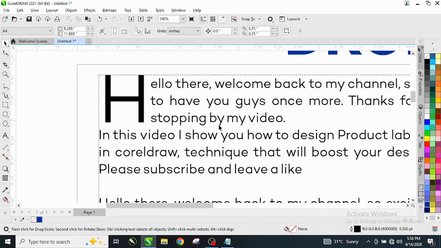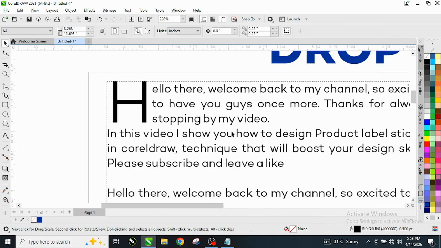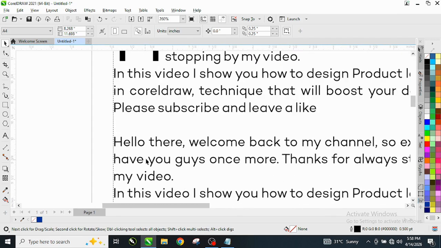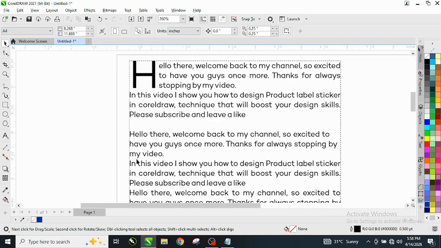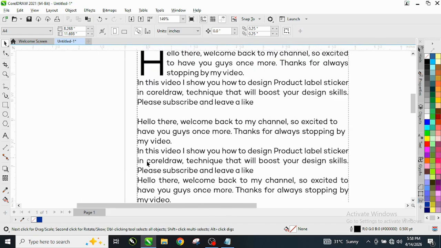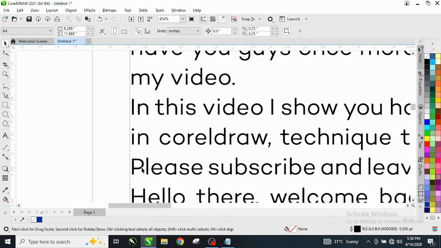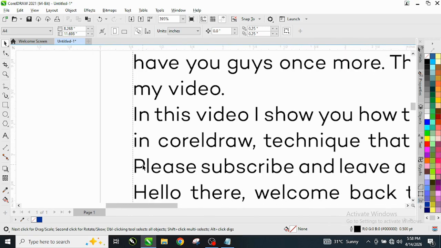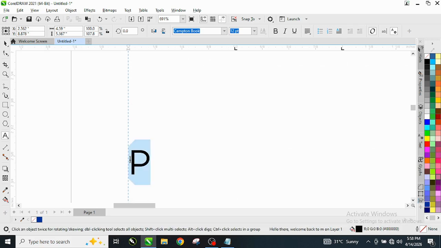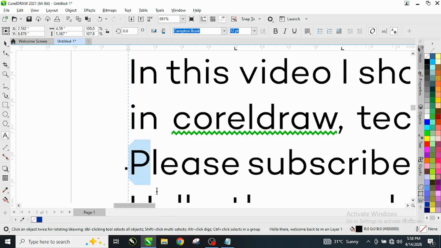All right, so I told you this is how, when you see magazines, newspapers and stuff like that, they manage to create the drop caps that you usually see in magazines and newspapers. You can equally do that with this I. All right, so I don't think I want to use that, let's use this P. Remember, you have to select the first letter, and then once you select the first letter,